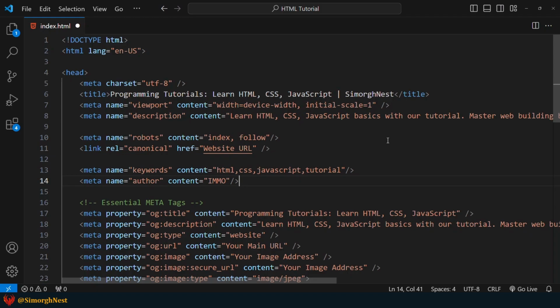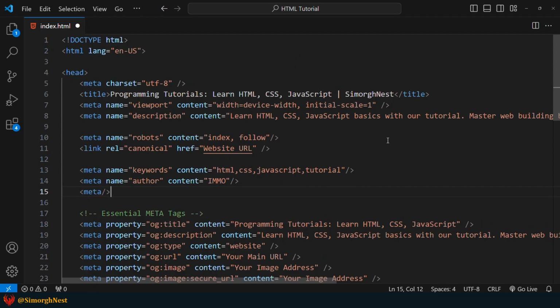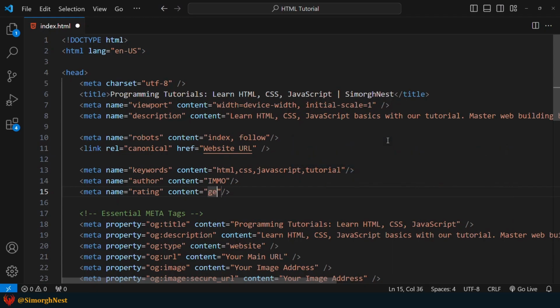By using the rating meta tag, website owners can guide users and search engines about their content, making the online environment safer. Okay, to add this tag, we use rating for the name, and for the content, we can put one of these values. In our case, let's put general.